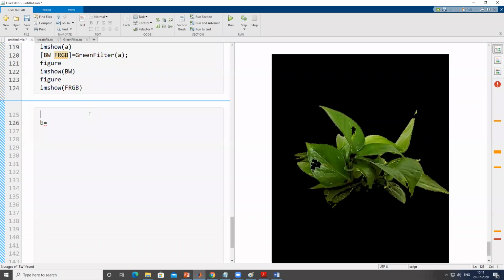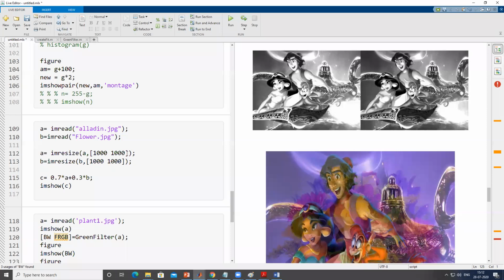Can we filter RGB in desired percentage like you did for green? Yes, we can do that also. Sir, an image resize 1000 by 1000 dimension or 1900? See, the resize command just resizes to whatever dimension you have provided.